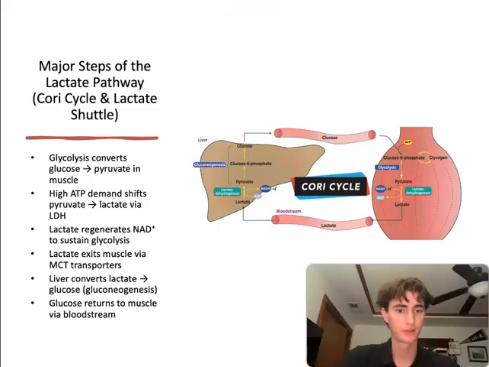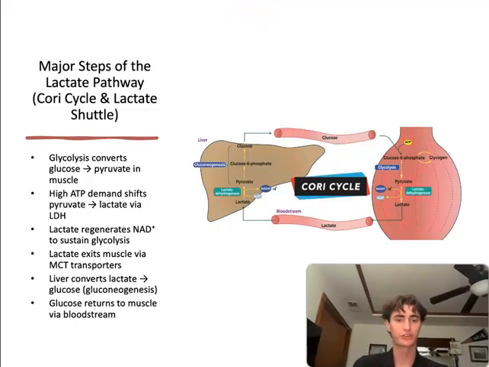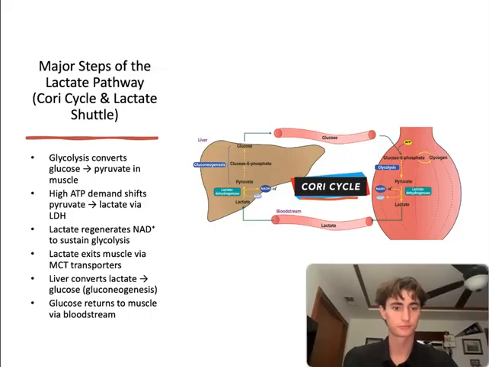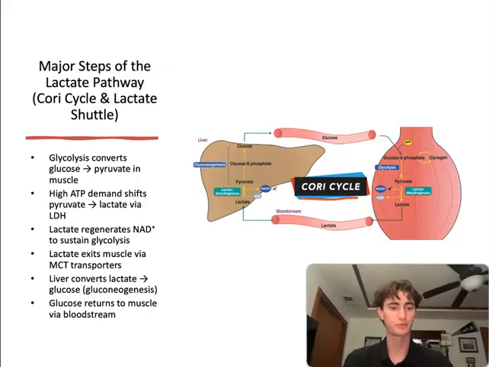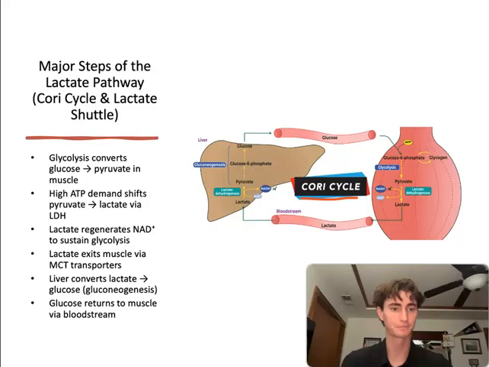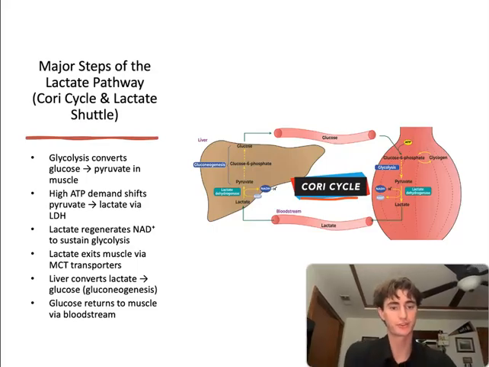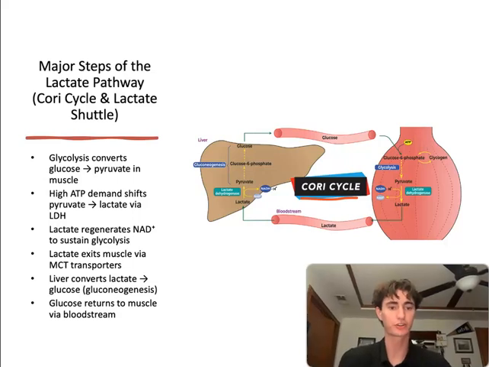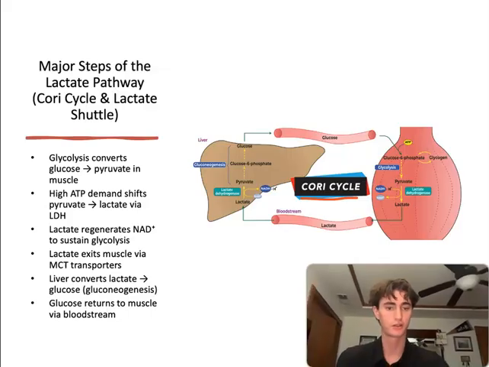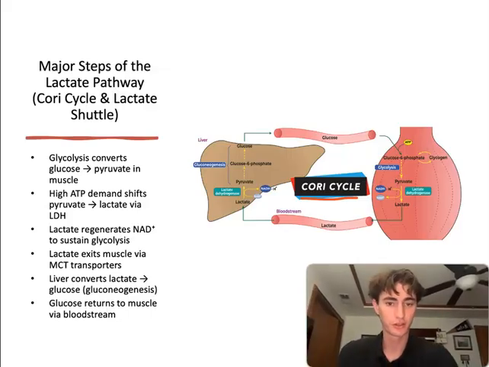So, this diagram illustrates the Cori cycle, which describes how lactate is produced in the skeletal muscle, right here, during exercise and is transported to the liver and converted back to glucose and then returned to the muscle to support continued energy production. So looking at the skeletal muscle, glucose